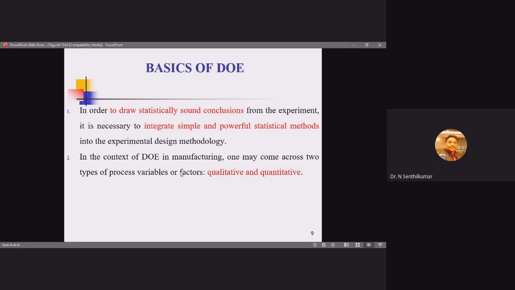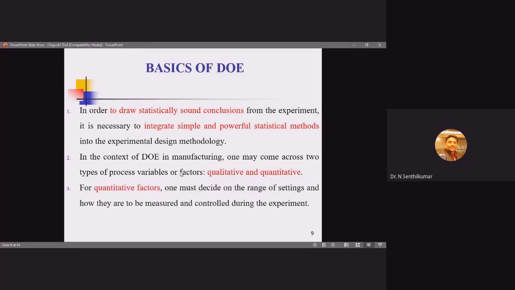That is quantification, quantitative. Type of coolant, emulsion, oil, cutting oil. So cutting oil is a qualitative. Emulsion is a qualitative. Type of cooling, flood cooling, mist cooling, then cryogenic cooling. So these are all qualitative. So I cannot quantify. Cryogenic cooling, how can I quantify? So that is called qualitative methods.